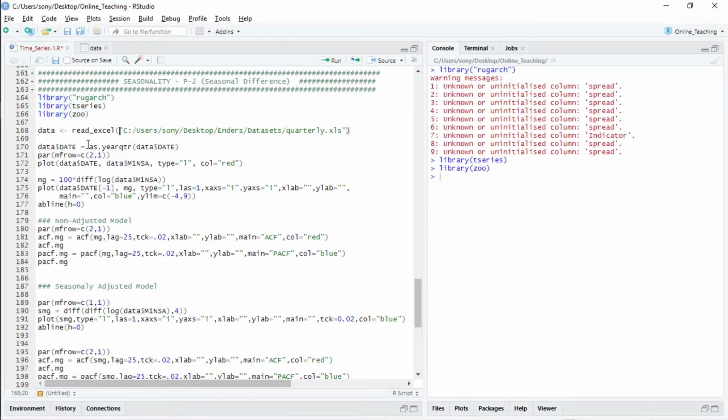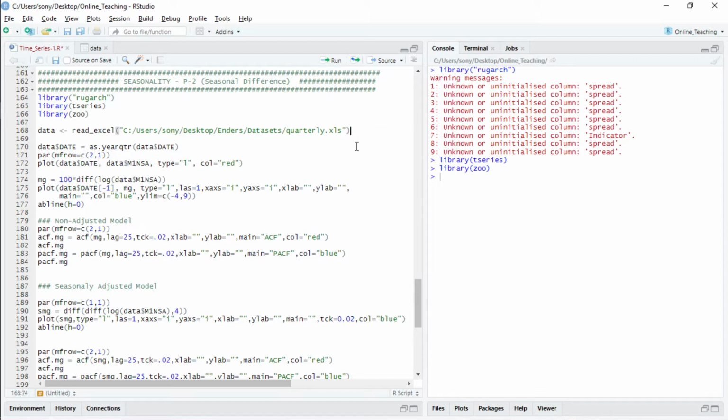Since I'm using that particular data, this data is the money supply data M1 of the US economy. We'll check its stationarity, we'll convert it and take the seasonal difference, and see whether after doing that we are getting a perfect deseasonalized time series or not.